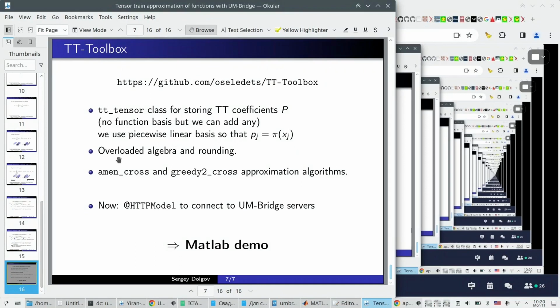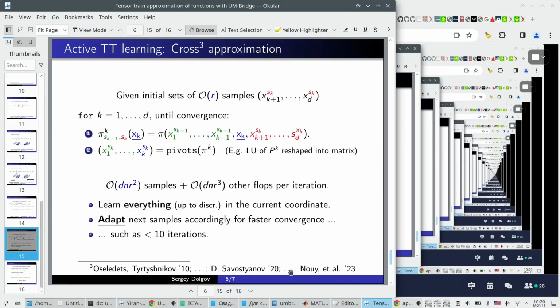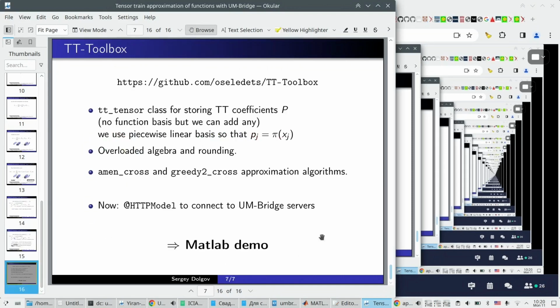And then, because it's a class, it has overloaded algebra and rounding, so we can compress the TT ranks with the SVD, or we can learn them with one of the implementations of the cross algorithms. As you saw, there are plenty of references. In fact, there are many. Sometimes it's a matter of taste or a matter of efficiency for the particular function, but we have some. And nowadays, yes,